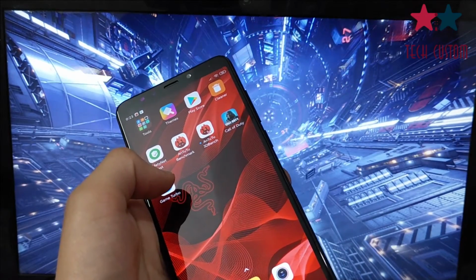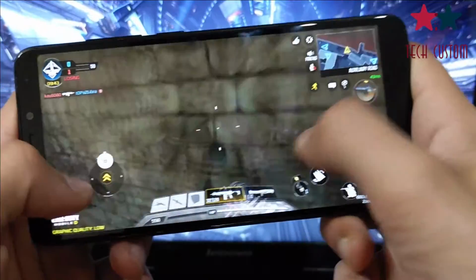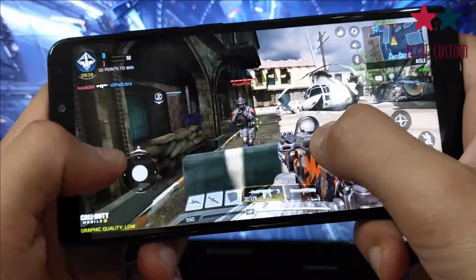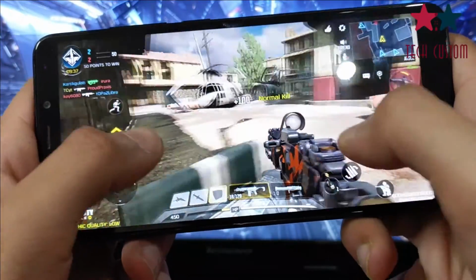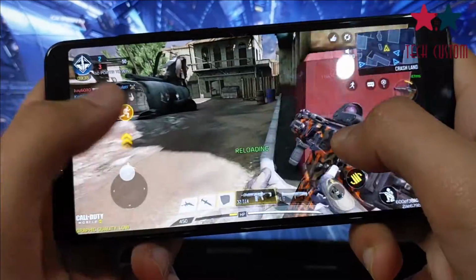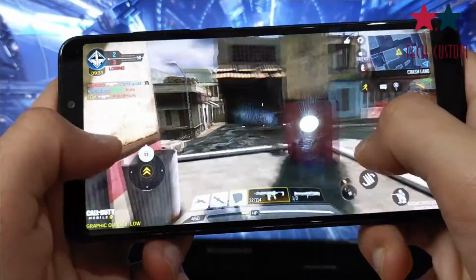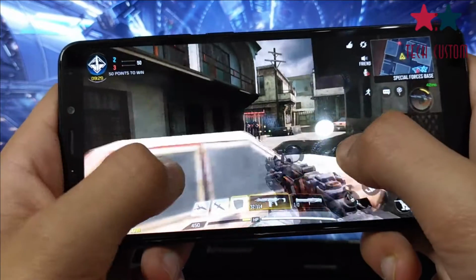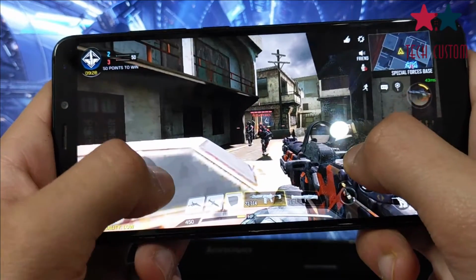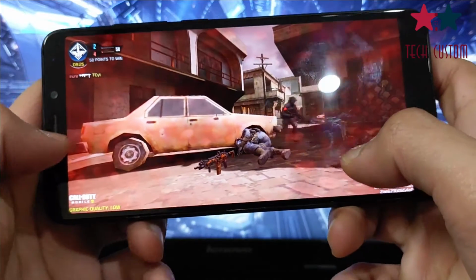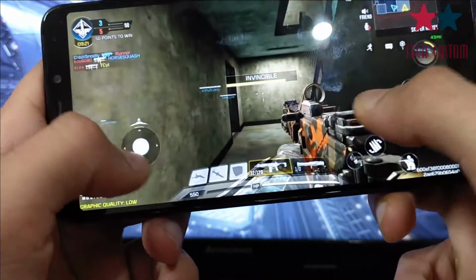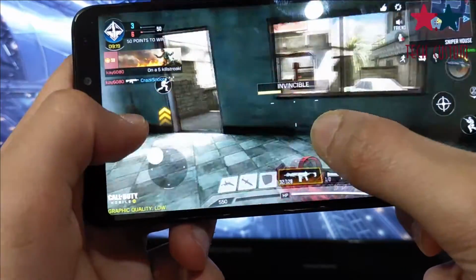So now let's check the gaming performance of this ROM. So basically while playing the game, when enemies are nearby, your device will lag only when the enemies are nearby. If there is no enemy nearby, your phone will not lag, or there will be no problem. As you can see, it is lagging right now because the enemies are near. So there are two enemies, so my device is lagging in this ROM.